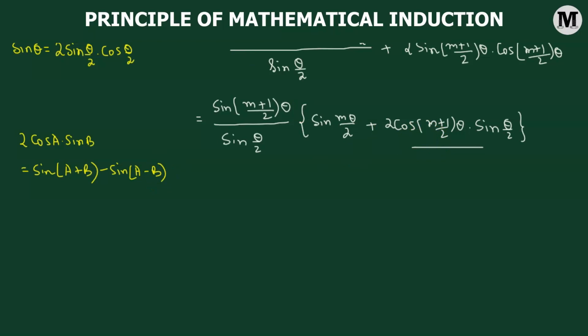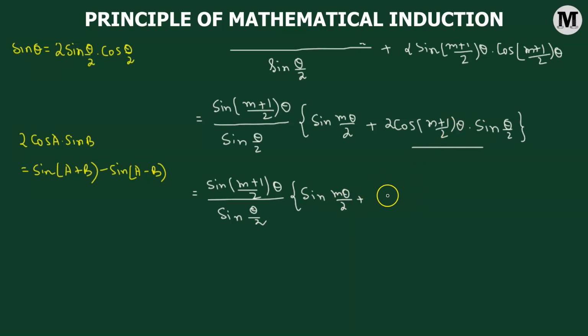That means we now have sine of (m plus 1) over 2 times theta divided by sine of theta over 2, multiplied to sine of m theta over 2 added to